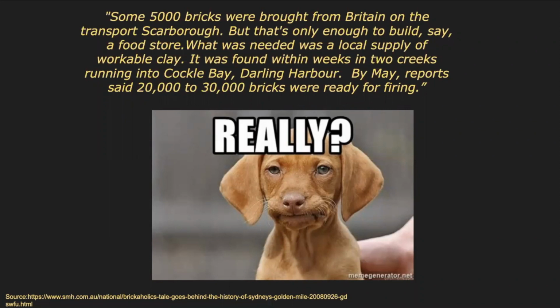It was found within weeks in 2 creeks running into Cockle Bay, Darling Harbour. By May, reports said 20 to 30,000 bricks were ready for firing. How lucky was that, Casey? They just happened to come across some workable clay right there and smashed out 30,000 bricks in 4 months. Sounds totally feasible, right? Yeah, well, not really, JoJo, because when I started to do a bit of research into